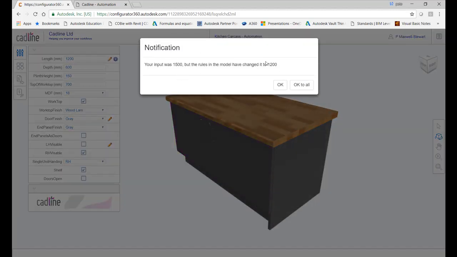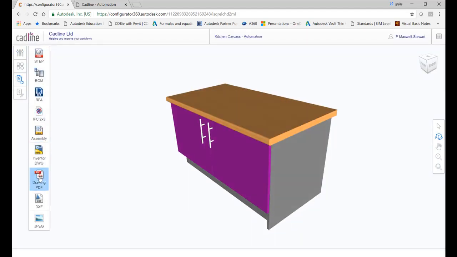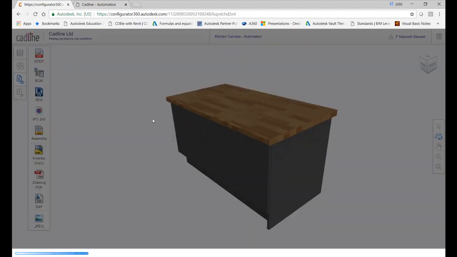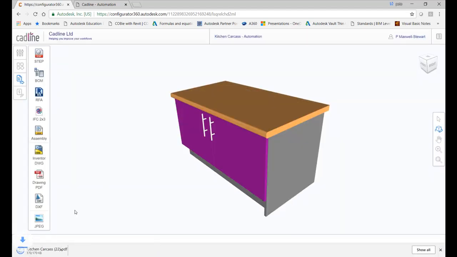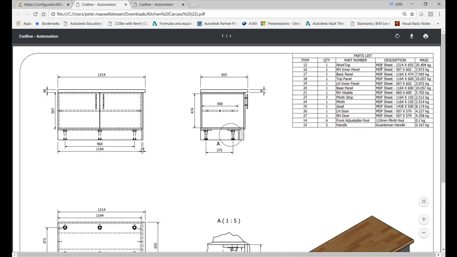You'll see that this model is not allowed to change above 1500 mil. And again, we can take another PDF download from this, along with DXFs and JPEGs, and you'll see this time that the countertop dimensions have been added, and again the bill of material information